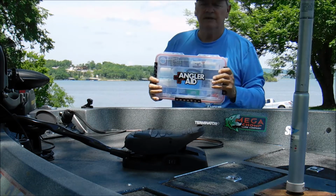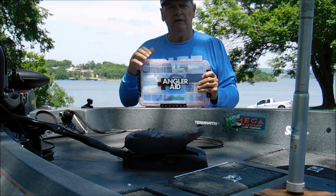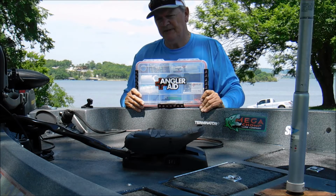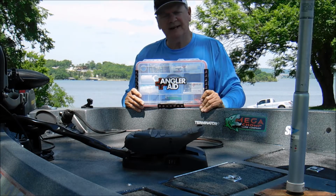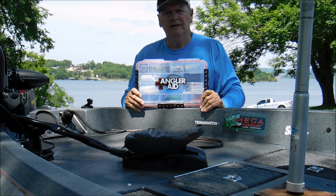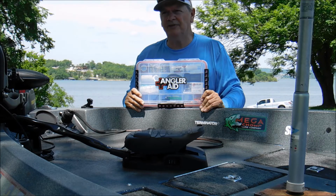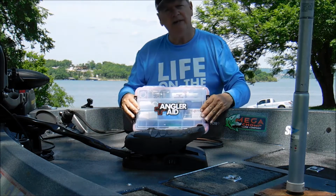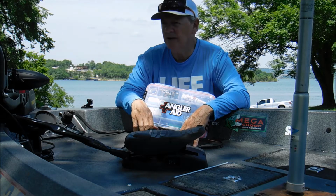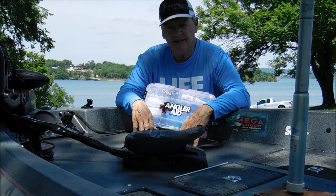It also has a Pro Box, which is thicker and has like an extra trolling motor cord, which I've had one of those break once and it basically ruined my day. It's going to have an extra kill switch. It's got quite a bit more stuff. It's got a klaxon horn, a bigger first aid kit, and actually I think Angler Aid handed those out yesterday to some of the pros, because many of you might know that May 17th through the 22nd is MLF coming, and they had their Meet the Pro Day yesterday at Bass Pro in Springfield, Missouri, and my son handed out